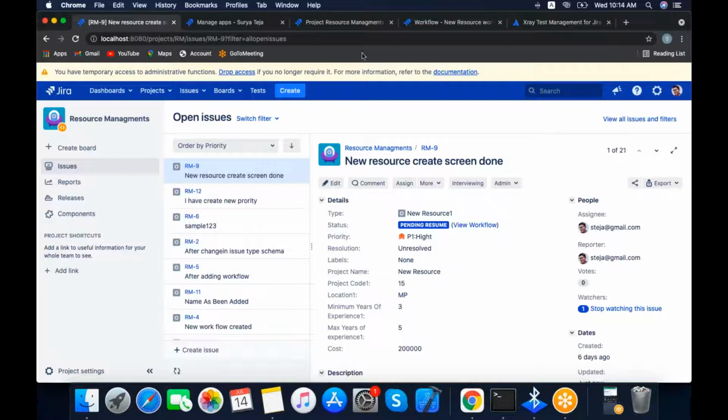At that time, you will apply the condition. Like when the assignee equals Surya, then only the transition needs to display. Otherwise, it no need to display. For example, here the assignee is someone else like Kishore or anyone. At that time, this transition will not display. He no need to move that. This is called condition. Condition means before transition, you need to check it. When the condition is satisfied, then only the user can move. That is called condition, means before transition.